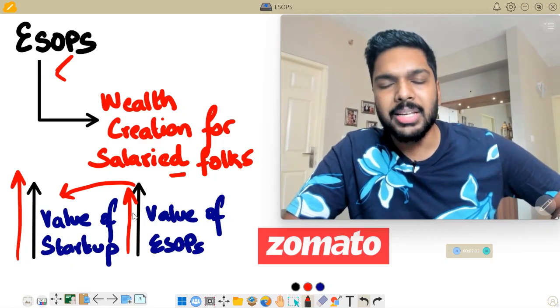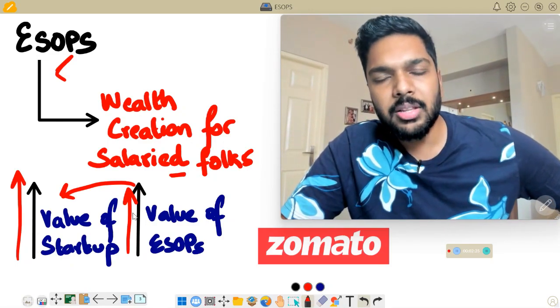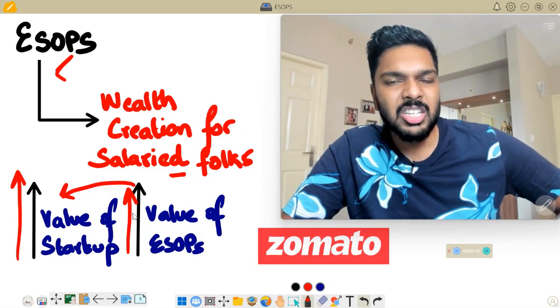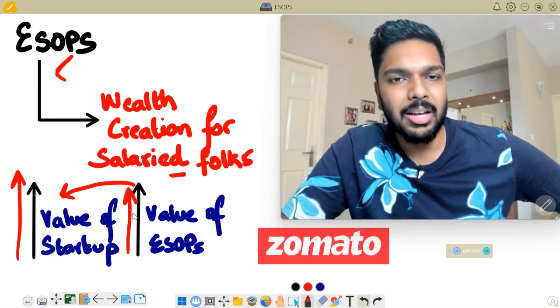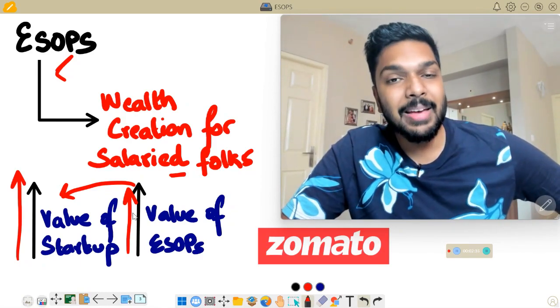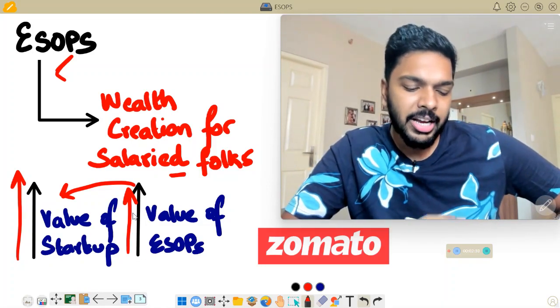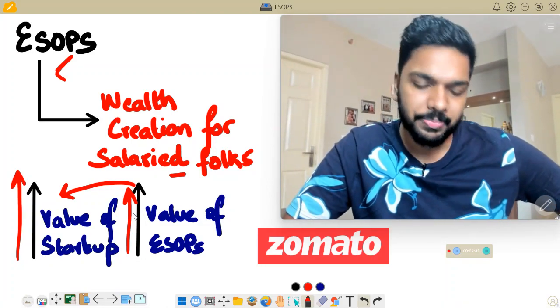And that is why companies like Zomato back then, who were the front runners in the food and the restaurant business, witnessed a spike in the value of their shares, because of which the employees back then of Zomato became millionaires, as the value of the options in their hands rose in proportion to the value of the shares of Zomato.